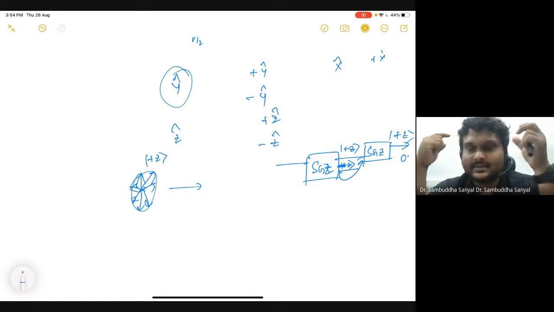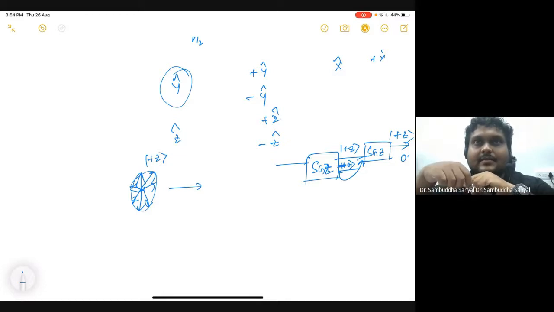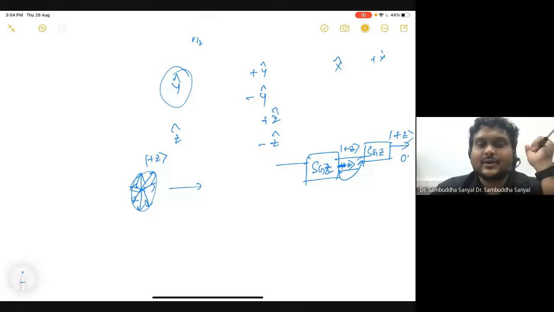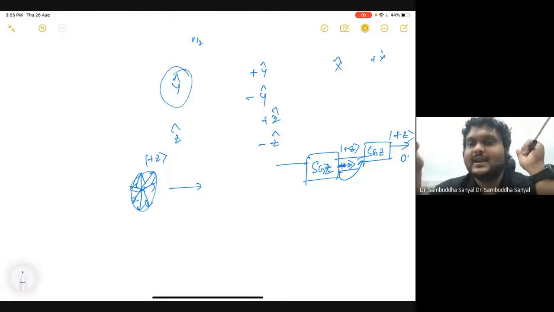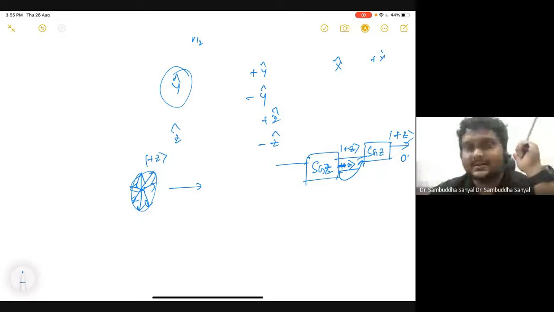Let's say the job of the device is to rotate a system, a spin, probabilistically. Let's say there is a guy sitting in the device who tosses a coin, and if he gets heads, he rotates the input state into the plus n direction. If he gets tails, he rotates it into the minus n direction. Okay. So let's see what that picture does.